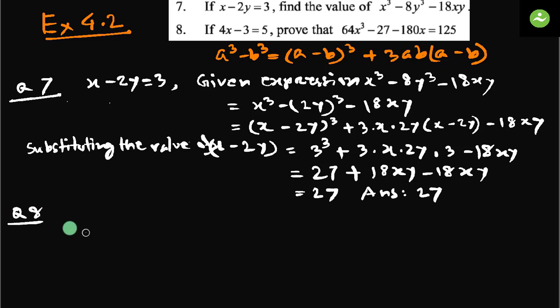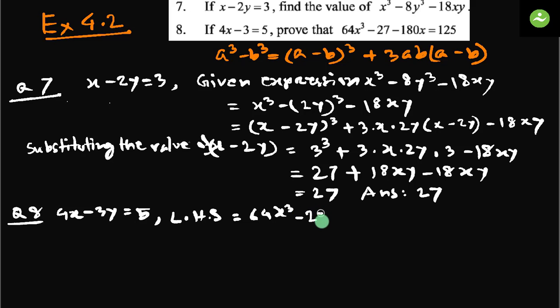4x minus 3y equals 5. We have to prove that the left side is equal to the right side. So left hand side equals 64x cube minus 27 minus 180x equals,